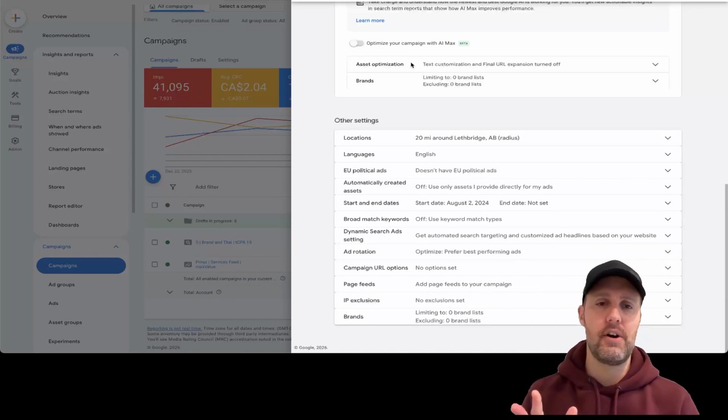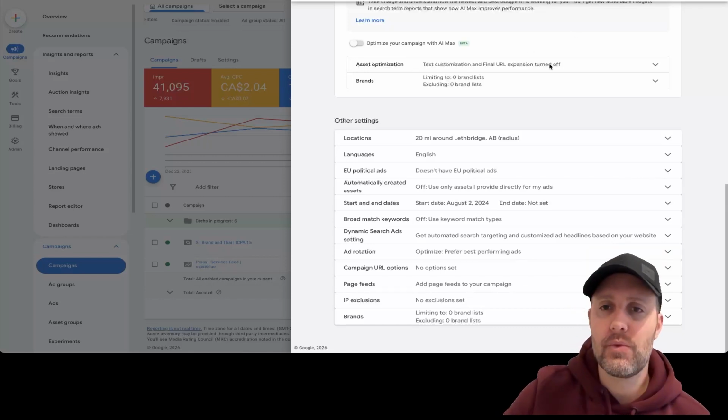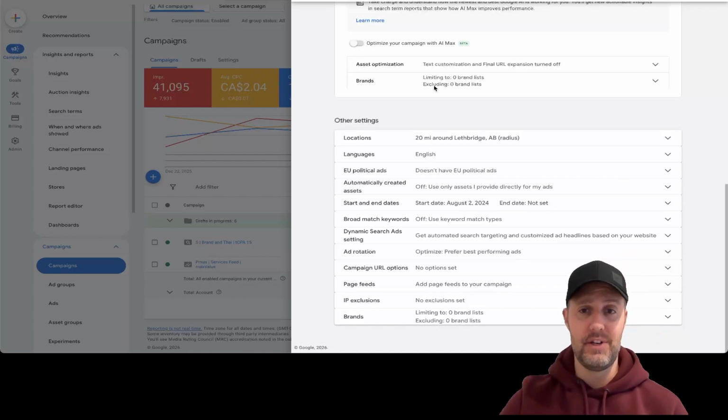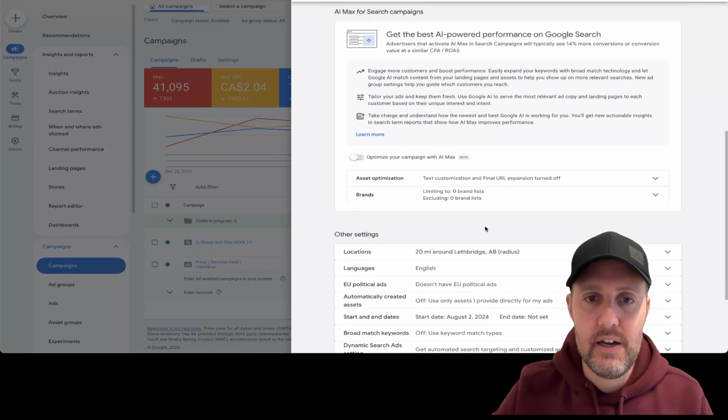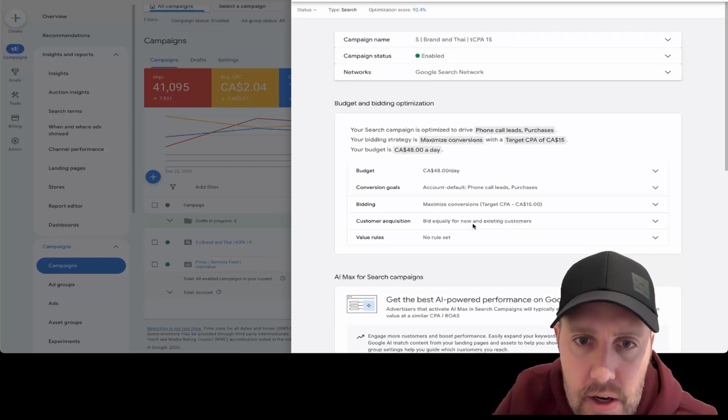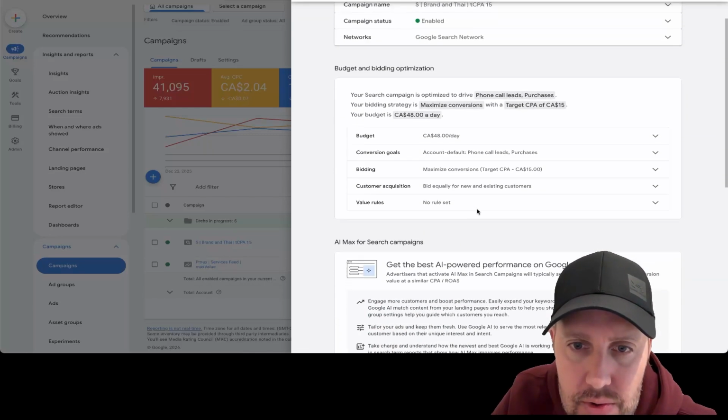So that's location targeting. This is one of the most common ways that budget gets wasted. So next I look at network settings, same area. Let's take a look at